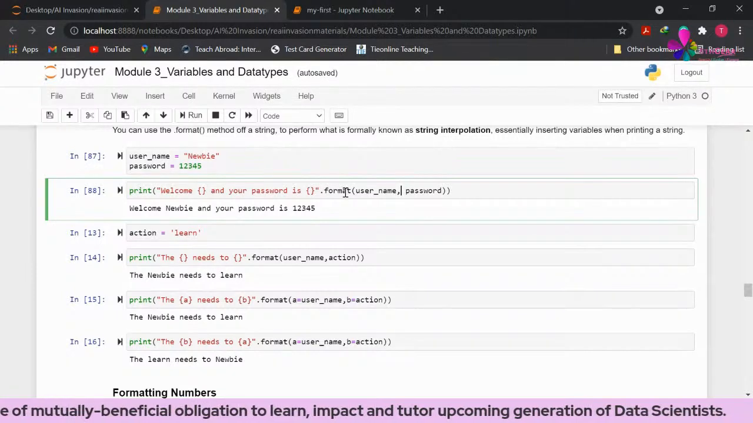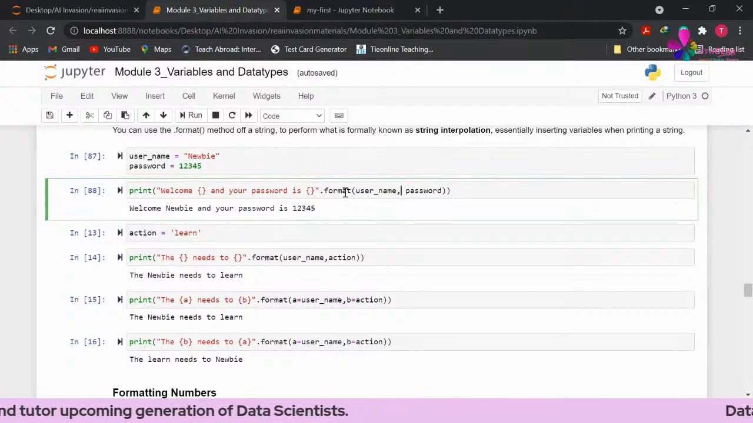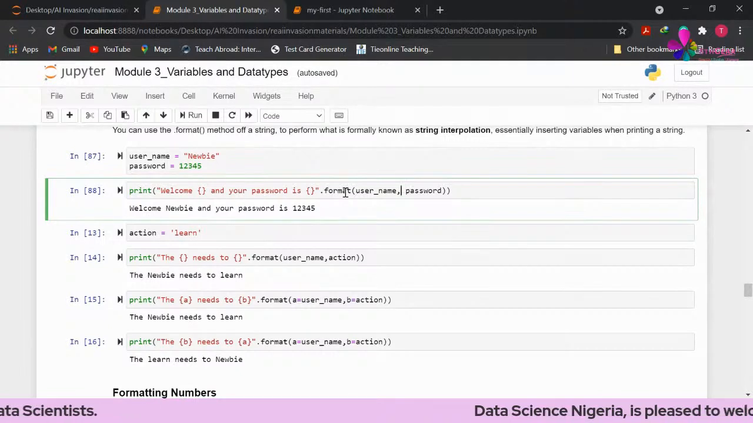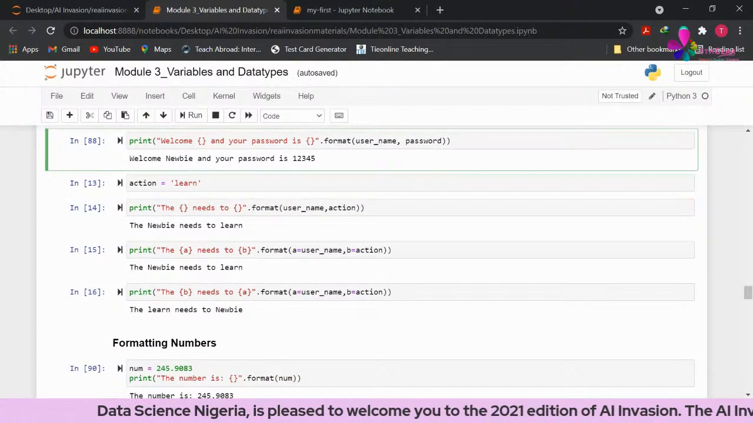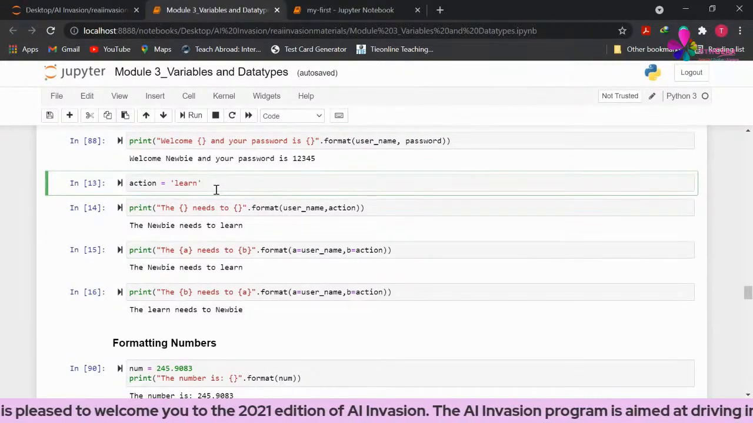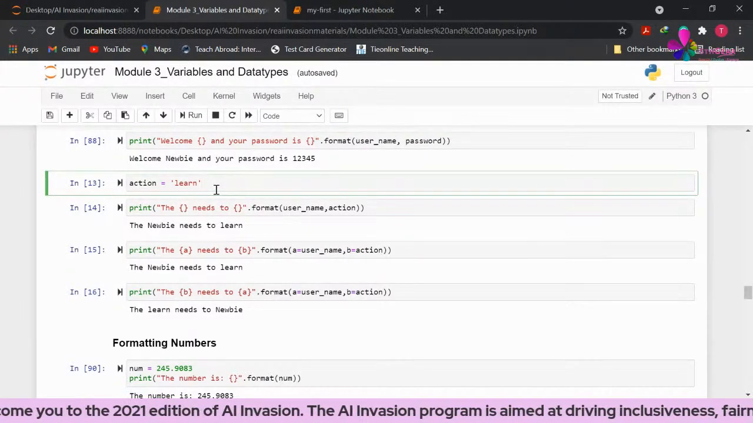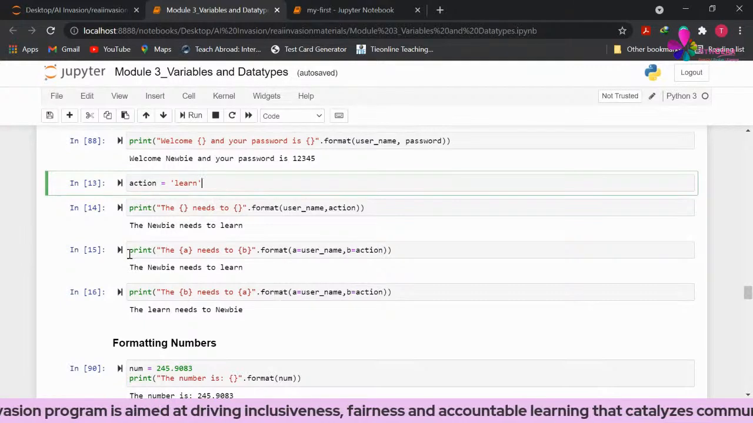Okay. So, as I said earlier, it is ordered. If you are using the curly bracket without putting anything inside, whatever you are putting in your dot format must be the way you want the curly bracket to take it. The first curly bracket for the first variable, the second curly bracket for the second variable, and that goes on. So then the next cell, we can see that action is equal to len to string len. And you know that earlier we've defined our name and our username and our password. And now we want to print